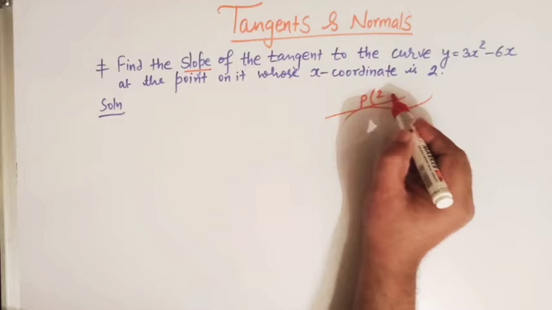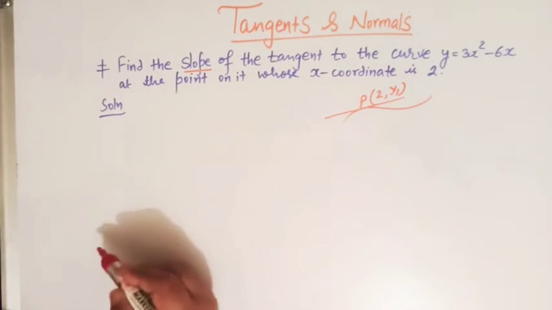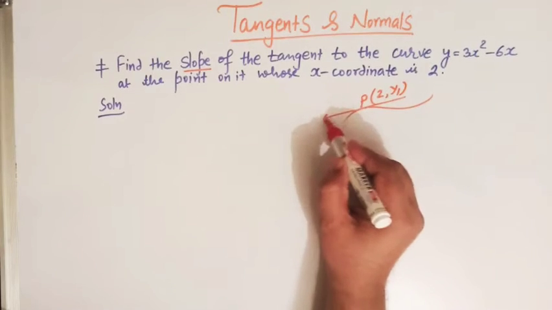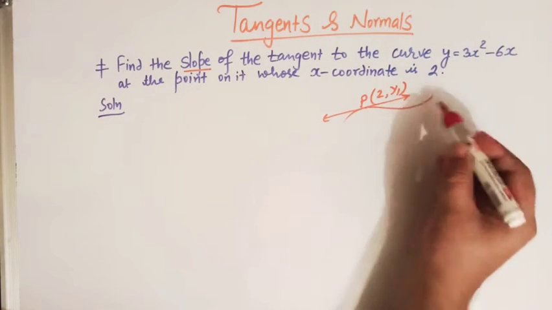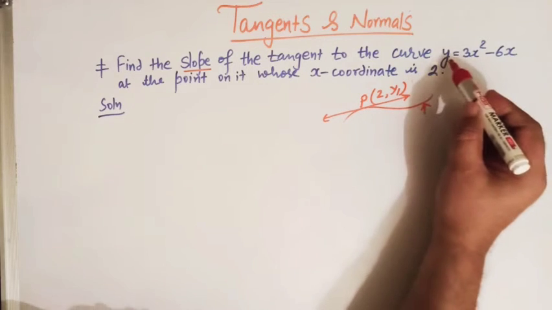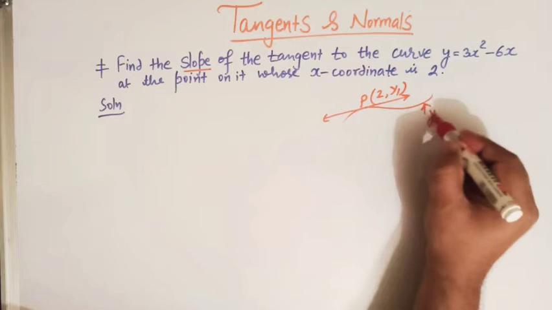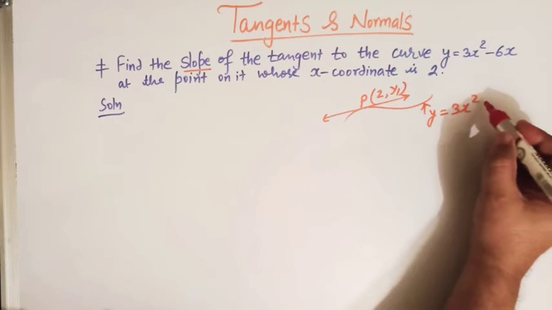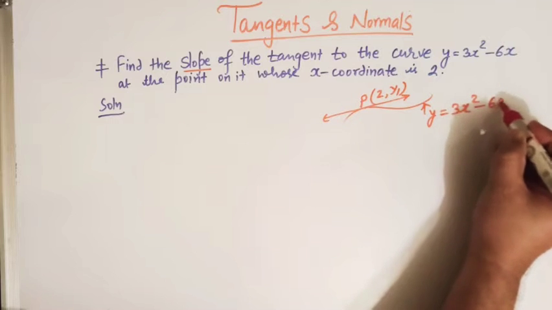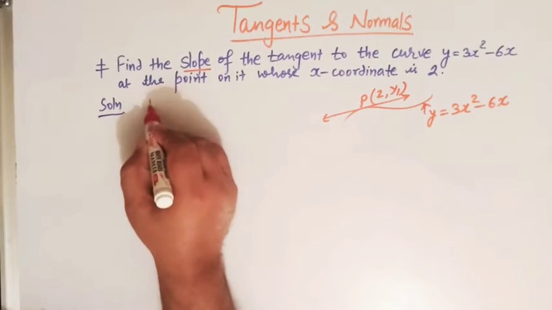So this point may be (2, y1), right? Now we have to find the slope of this tangent, and this curve is given by this equation, that is y is equal to 3x square minus 6x. Clear? Now we know that